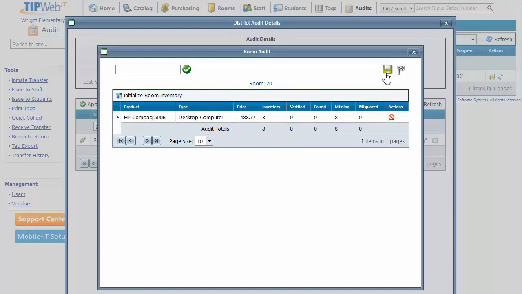We also have the Save icon and the Close icon, which allows us, if we need to come back in and work on this audit at a later time, we can either click Save or Close. We also have our Finalize icon. This simply tells us that we are done working in this particular room and puts the status of the room